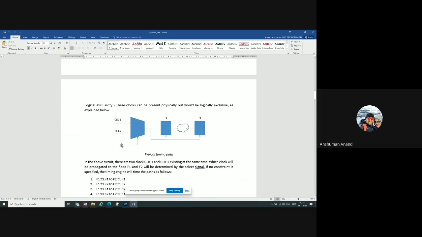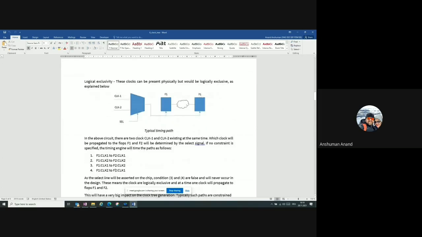Yeah, when you say I'm doing a single mode clock tree, probably sometimes you will not put this select line, because as soon as you say select is 1, you are in one of the modes. Right. So then what happens is a timing engine will try to figure out all possible combinations of this. Yeah, so maybe clock 1 to clock 1, clock 2 to clock 2, these are typical. Then 1 to 2, 2 to 1, there will be multiple combinations that it will pick.